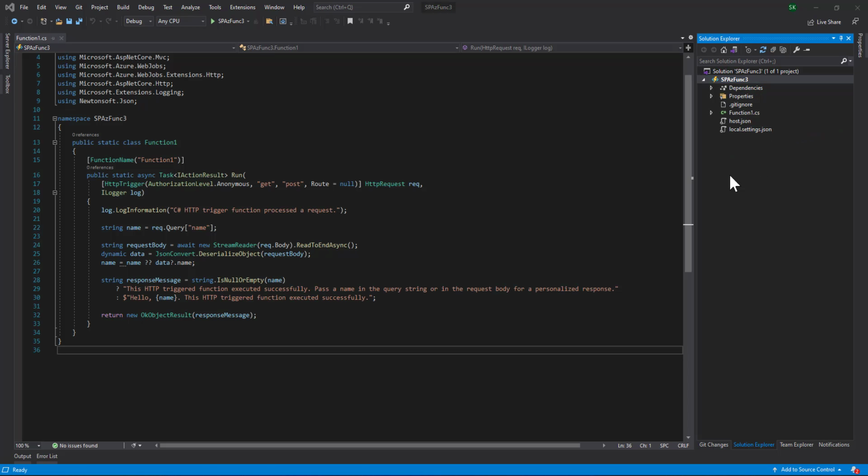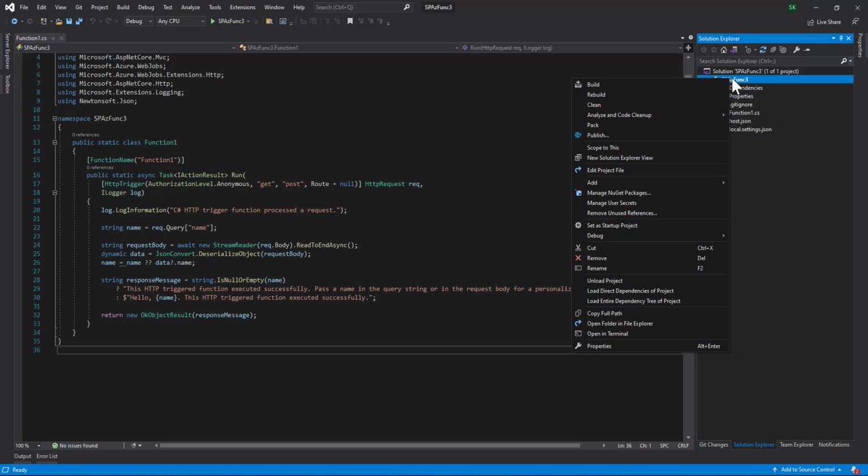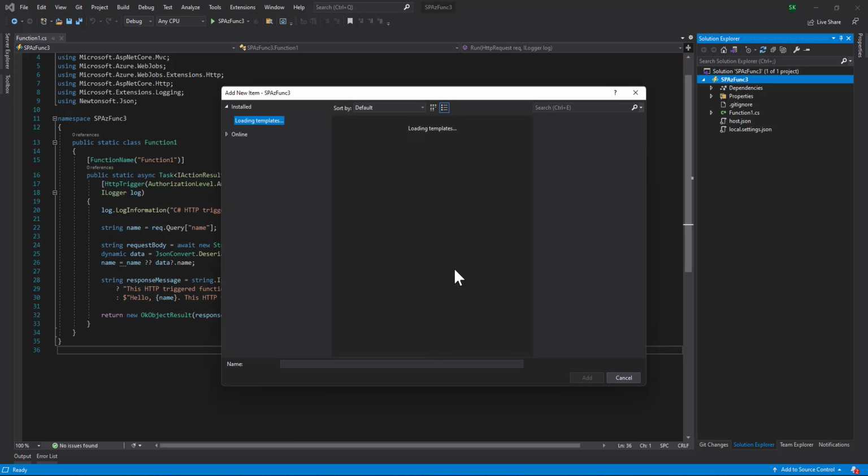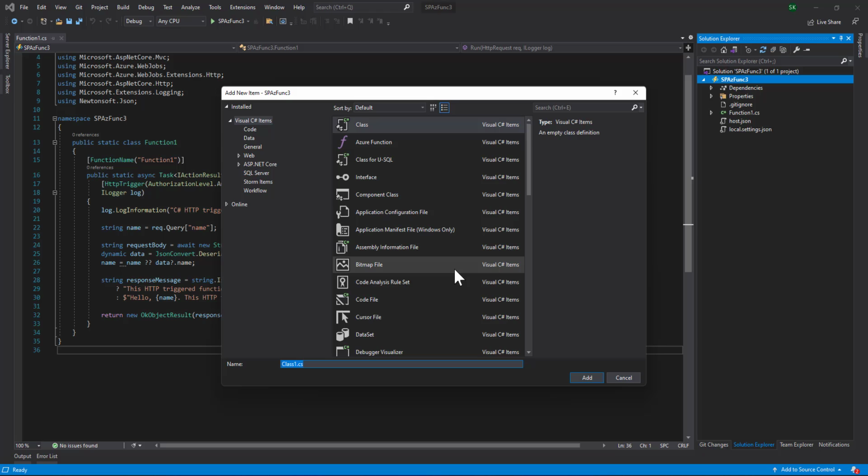Now let us create a class file named startup.cs where we will define the boilerplate code, like dependency injection for PnP Core, and also specify what type of authentication is to be used and what the default PnP Core settings are.